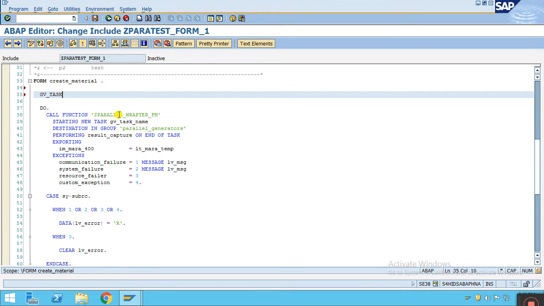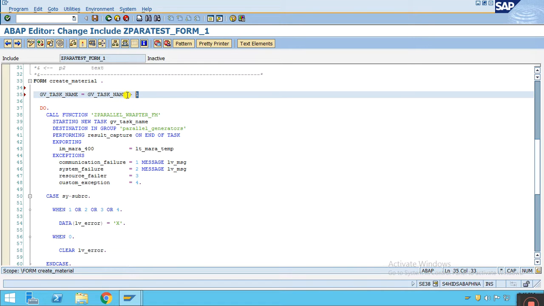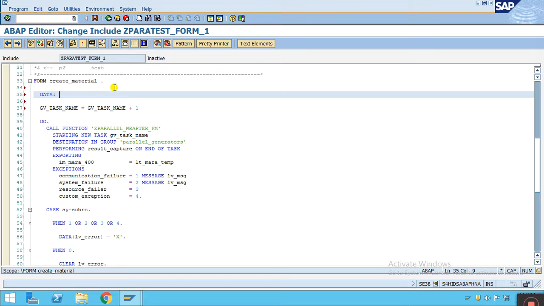So gv_task_name should be equal to gv_task_name. Maybe we can concatenate it, or simply we can add one, so it's going to become a new task. And this task name we can define something like,